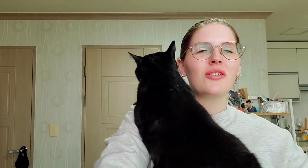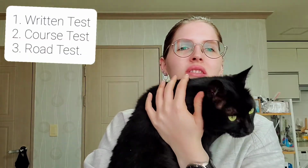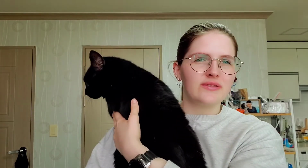Anyways, so overall in Korea there are 3 tests that you have to do to get a driver's license. The first test is the written test, but right now it's computerized. That's just 40 questions, and you have to get